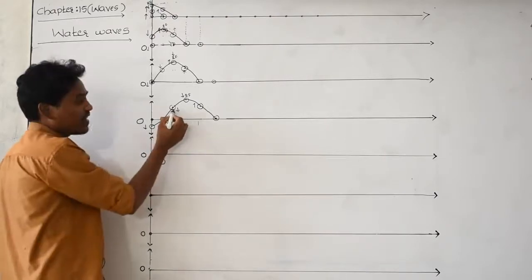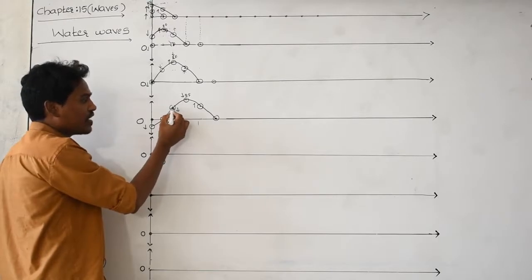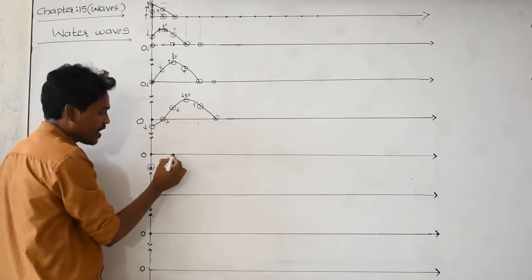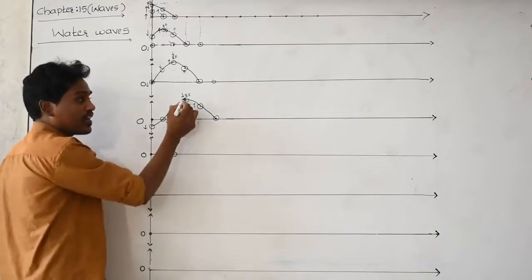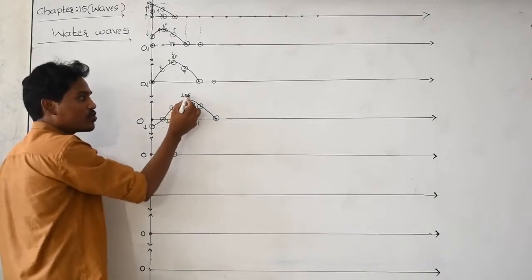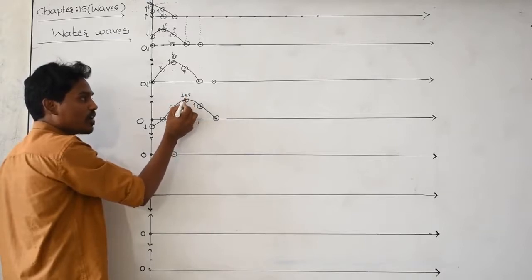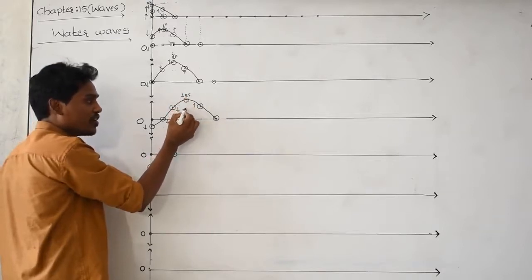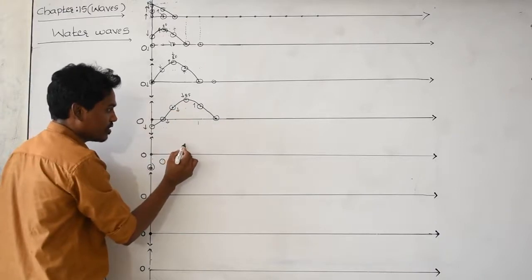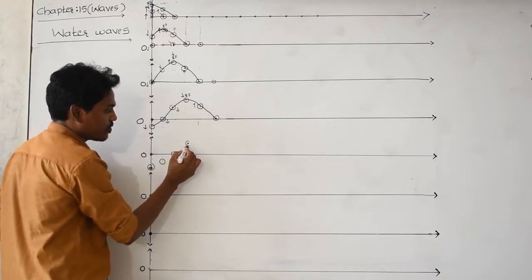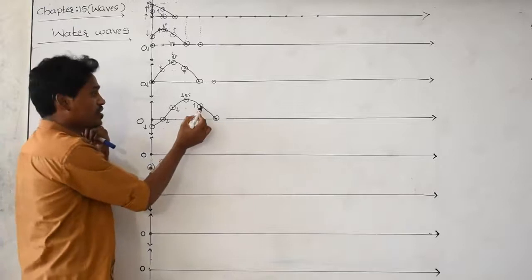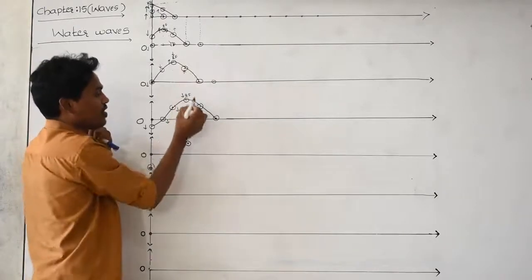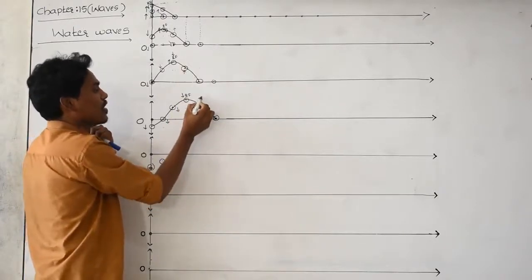And what about this particle? This particle is moving downward, here to here. I am showing that one. And what about this particle, moving up or downward? Because of restoring force acting on this particle in downward, this particle moves from here to here. I am showing that one, this point. And what is the direction of this particle? Upward. It is moving from this point to this point. I am showing here.